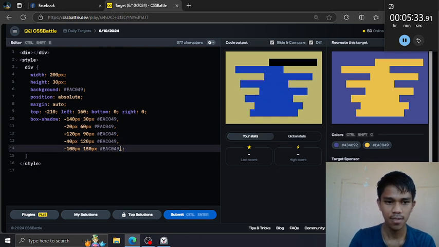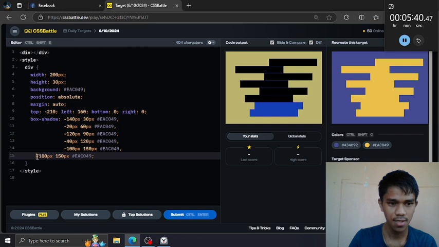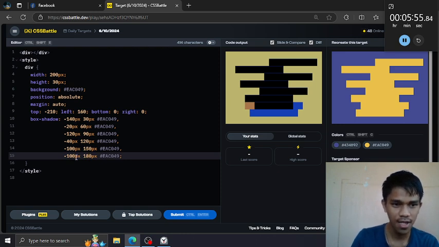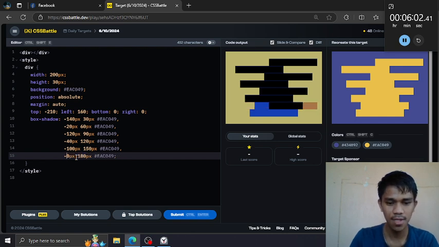And just copy this, comma, paste, this is 180, and add 20 pixels. So this is decreased by 20 pixel because this is on the right side. On the left side you add 20 pixel, but on the right side you decrease 20 pixels, so 60, negative 60. And copy